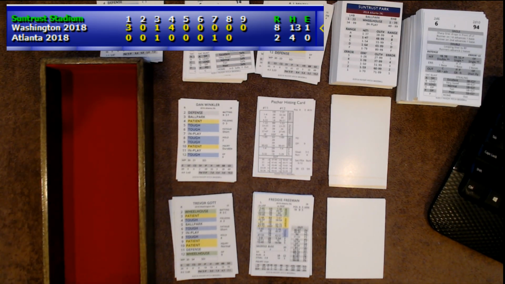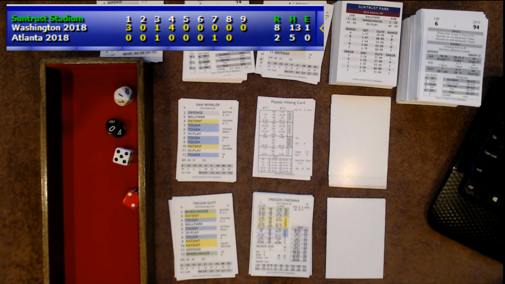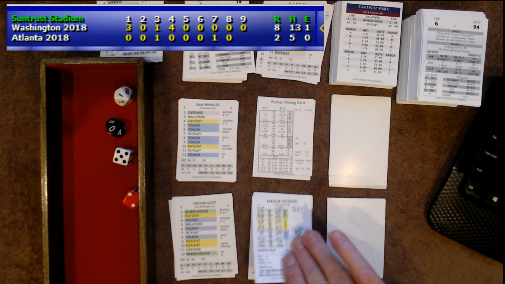It's been all Nationals. 3 runs in the first, 1 in the third, 4 in the fourth. Freddie Freeman, he is 1 for 3. 7 though, in play 0-1, and that is going to be a leadoff double for the rally. You better have your rally caps on, because here we come.